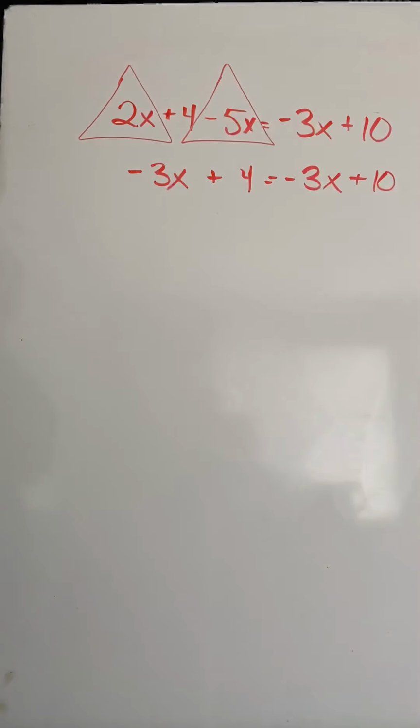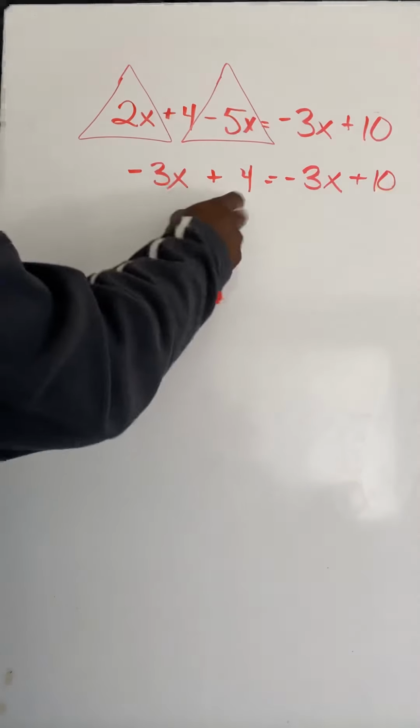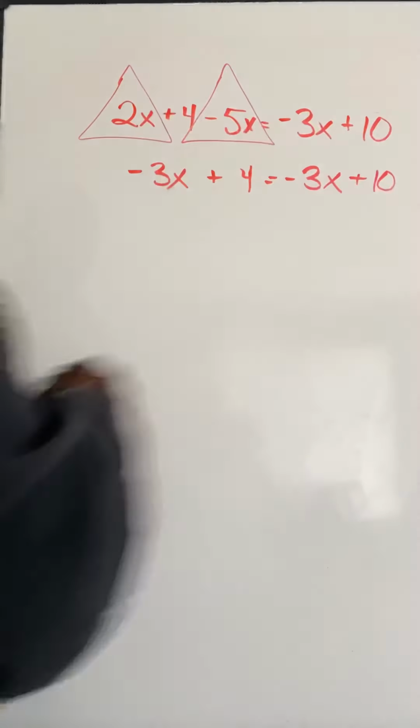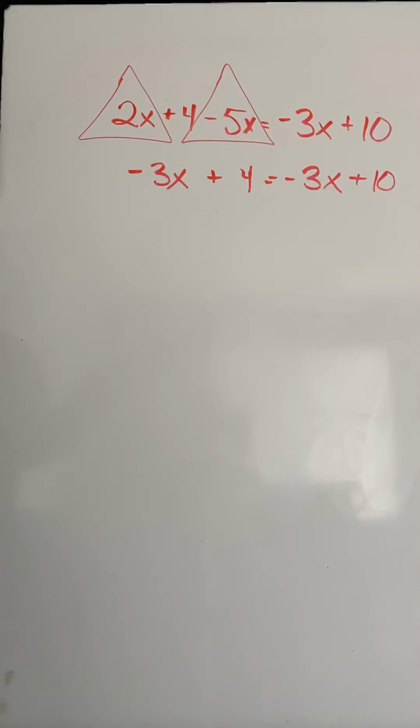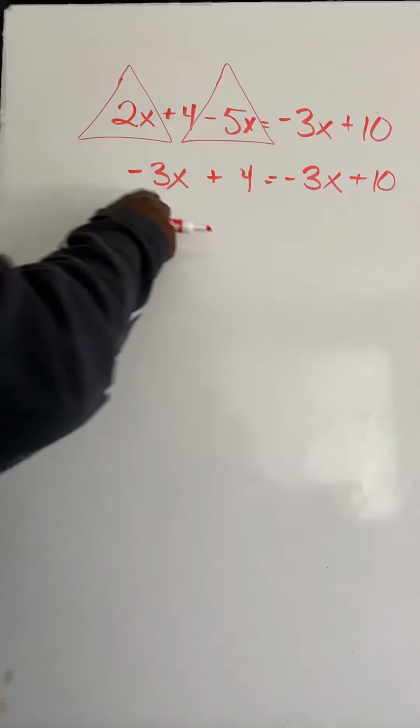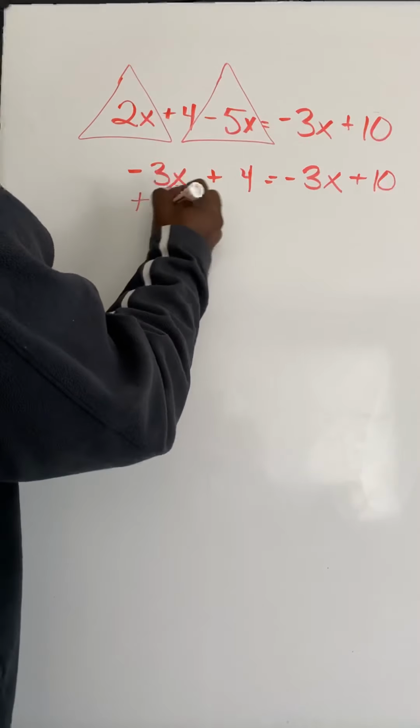So now I notice, okay, I have Dodger Angel this side, Dodger Angel that side. I need to get them in the right dugout. Who do I want to move? And which dugout do I want to put them in? It does not matter. Choose whichever dugout you want them to be in and put them in there, as long as they're on the same team. So I have a negative 3x here. I'm going to add 3x,